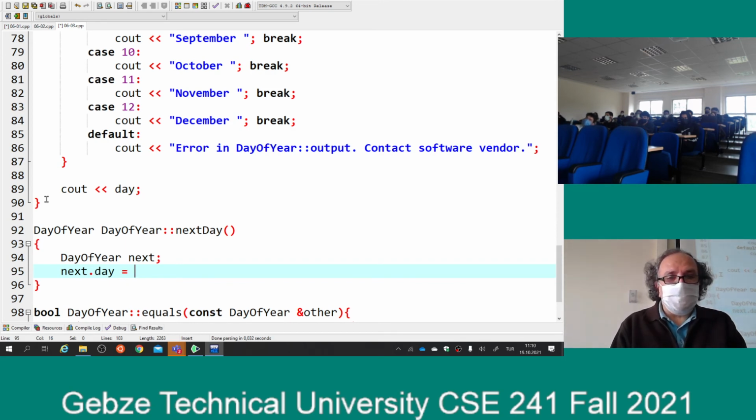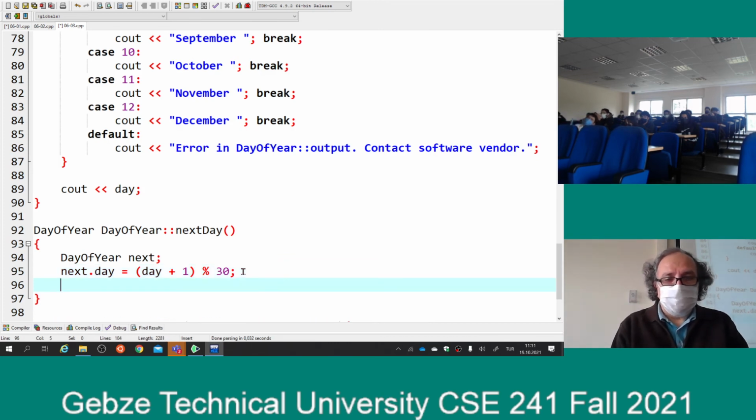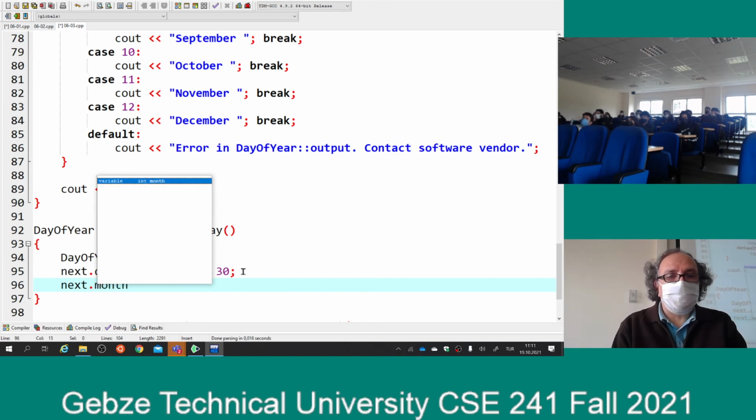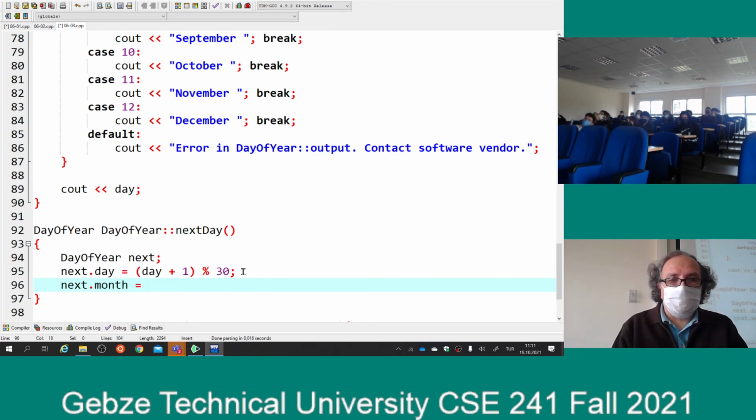It's going to be day plus 1 modulo 30. You like it? Well, I am assuming that all the months are 30 days, just for the sake of simplicity. Okay, so next day that way, and next dot month is going to be what? Month plus, tell me what should I do? Day plus 1